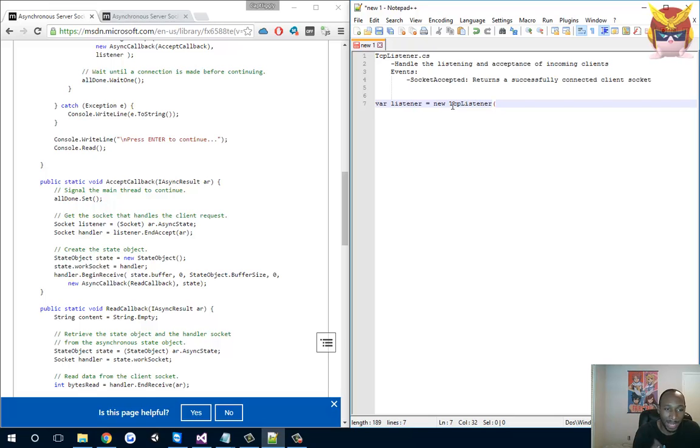And we could pass maybe the port in the constructor, since we really wouldn't have to change it midway. So we could pass, like, port 1234, for example, and we could take our event, socket accepted plus equals listener socket accepted,